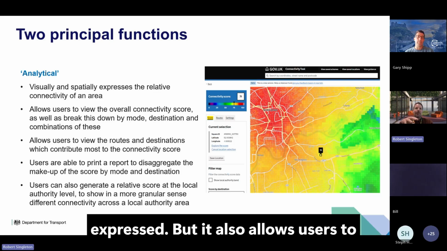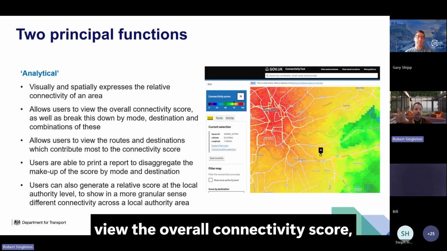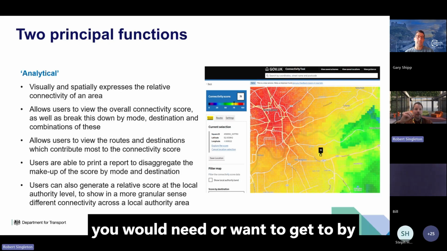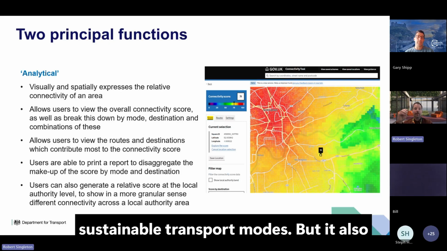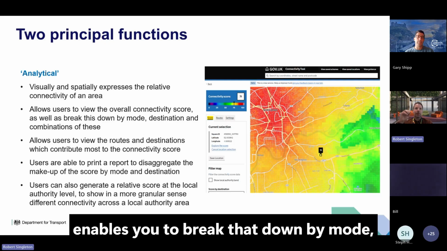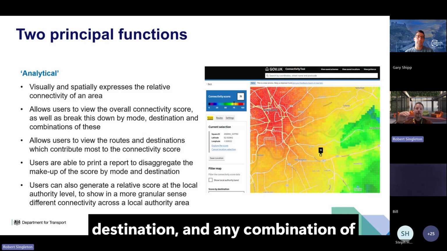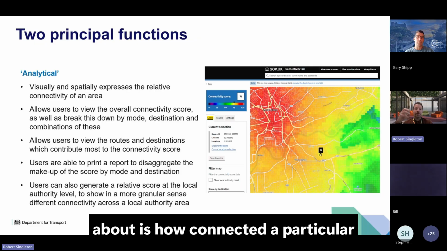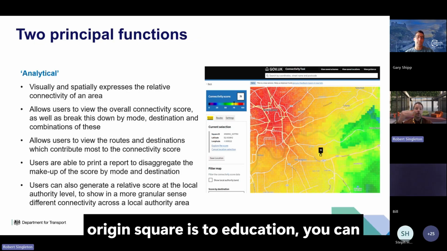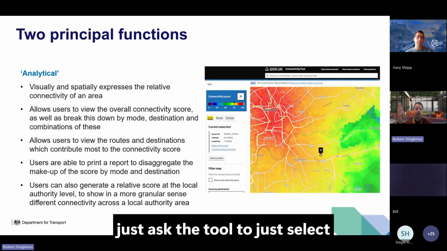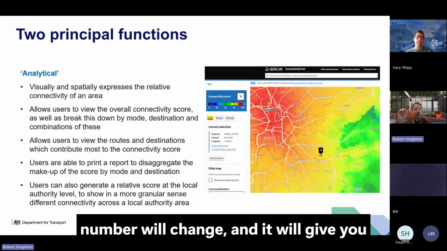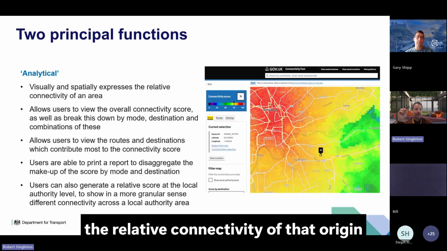But it also allows users to view the overall connectivity score, which is that single point of truth, your ability to get to any destination that you would need or want to get to by sustainable transport modes. But it also enables you to break that down by mode, destination, and any combination of these. So, for example, if all you care about is how connected a particular origin square is to education, you can just ask the tool to select education. That map will change, that number will change, and it will give you the relative connectivity of that origin spot